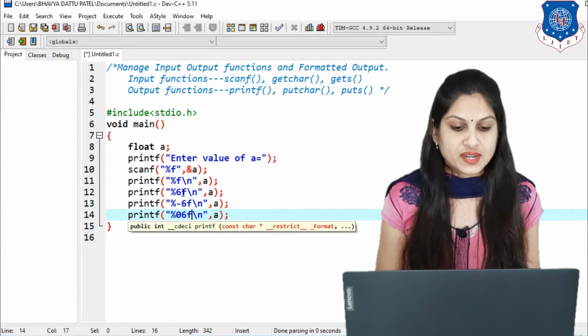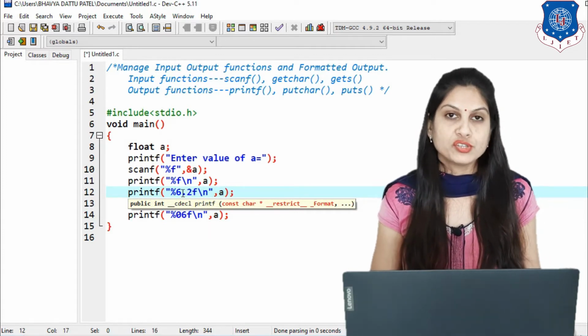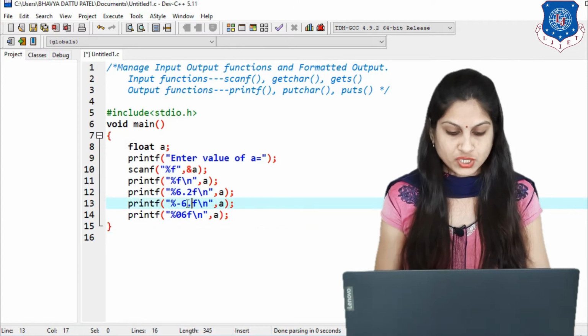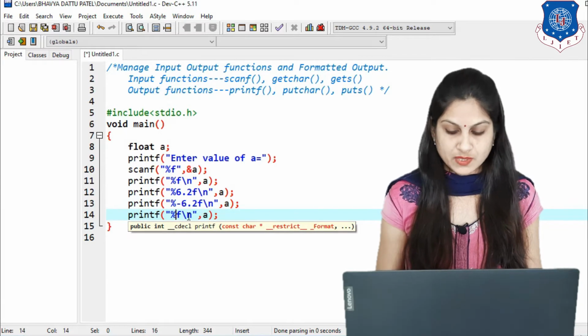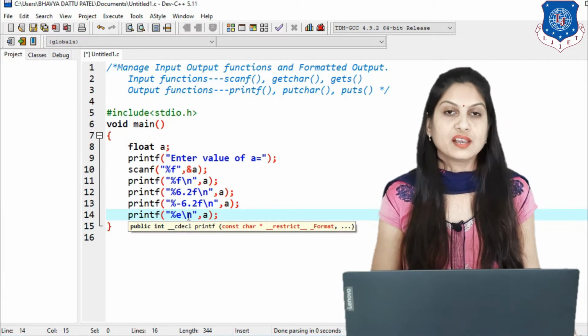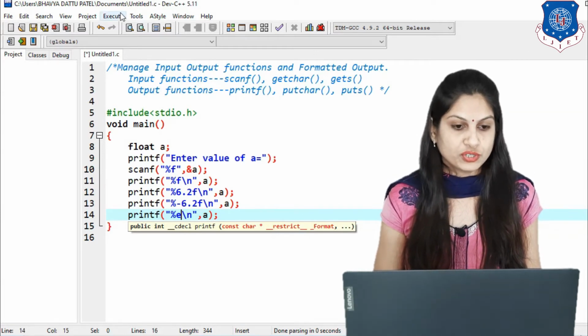So for that, instead of 6 we are writing 6.2. Then after that we are writing -6.2, and then instead of %06d we are printing that float value in exponential form using %e. Now just check the output of this program.